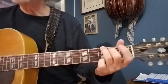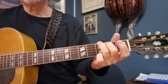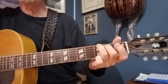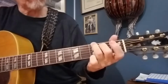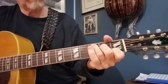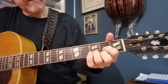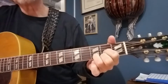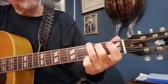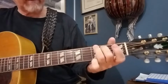Okay, this is a beginning guitar lesson on some chord shapes. So we're going to have 4 chords in this lesson. It's going to be the G chord, the C chord, the F chord, and the D chord. Now the point of this lesson, besides just showing you the fingering, you can get tablature for the fingering or